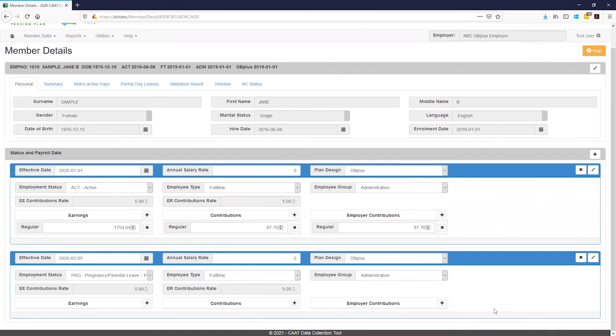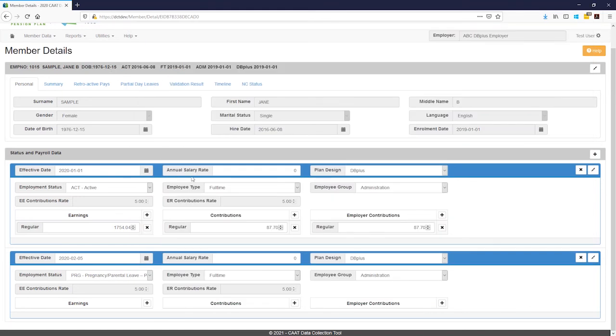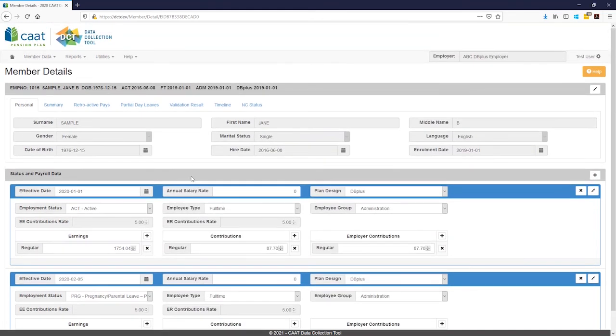We will minimize DCT and open the status update file to fix the issue. We will change the employment status from TAC to ACT, save, and follow the steps to re-import the status update file into the DCT. Do this by opening DCT, click the Utilities dropdown, and select Import Data.